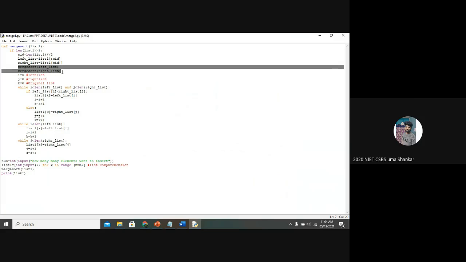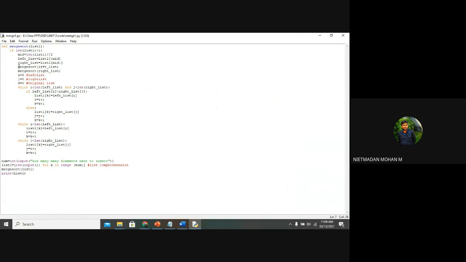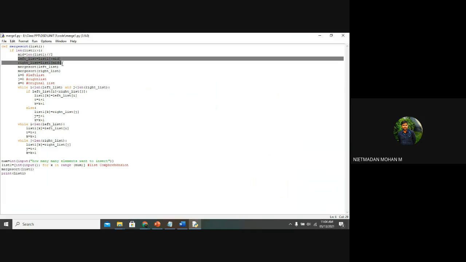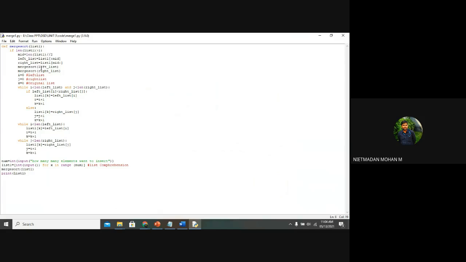Yes, sir. That's it. Yes, you can easily identify. If the function has been called, now the left list is having only two numbers, that is 1 and 20. So this 1 and 20 will go here and it will check the length of the list. Yes, 2 is greater than 1. Again this 1 and 20 has been divided by 2, so 1 is left and 20 is right. Again it will go here and the length of the list is 1, so it will terminate and go to the right list. Likewise, it wants to be segregated. So it will be a huge process, but the huge process has not been written out in these lines of code, only because we are using the recursive function.